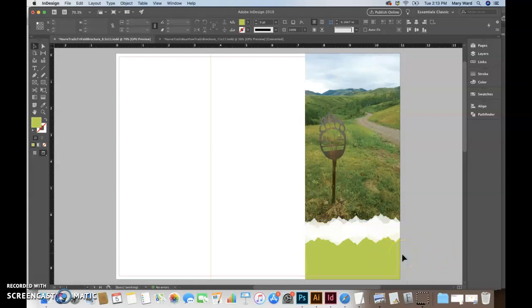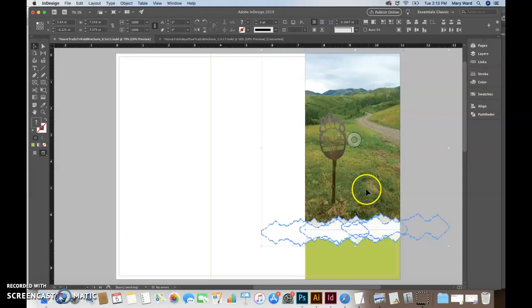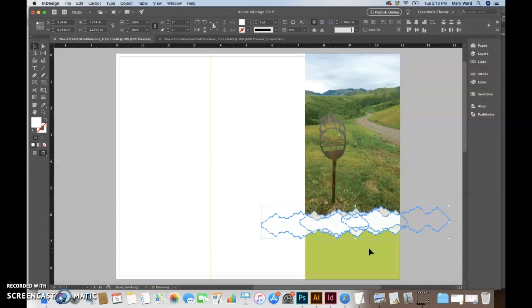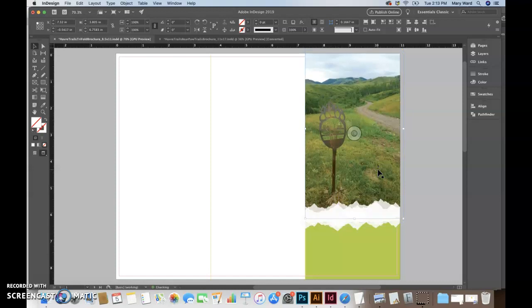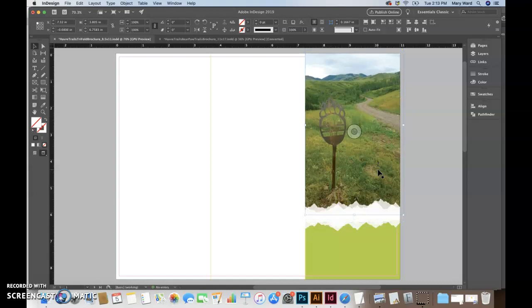So if I do Command L on this shape, I can lock it down. And I'm just going to select these, and then I'm going to push Shift because I don't want this selected. I just want the white shape selected. And I might actually move these up a little bit. I'm going to move this up a little bit too, because I want more green to work with. So Command Option L to unlock. I'm going to lock this one back up again, but I didn't really need to lock the green one earlier, but I did. So I'm just going to have a little bit more green to work with so that I